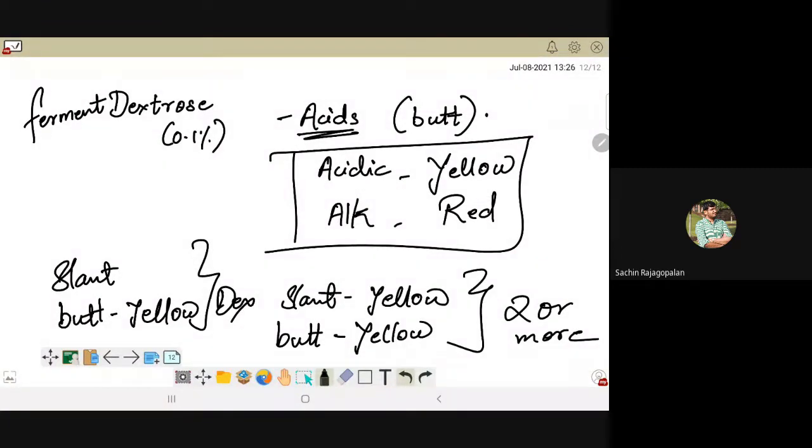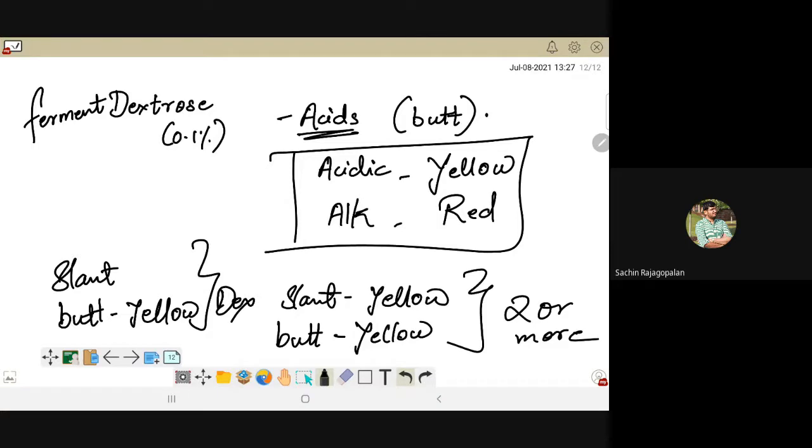अभी dextrose का concentration कम है, 0.1%, तो भाई उसको 18 से 24 घंटे में वो खा के खत्म करके एग्जॉस्ट कर देगा. तो अभी बाकी के वक्त के लिए खाना कहाँ से आएगा? तो पेप्टोन का कॉन्सेंट्रेशन देखो मीडिया में 20 grams in 1 liter. So if dextrose is exhausted, what is now available for the organism to use? It is peptone. So it's going to carry out deamination. It's going to release ammonia.